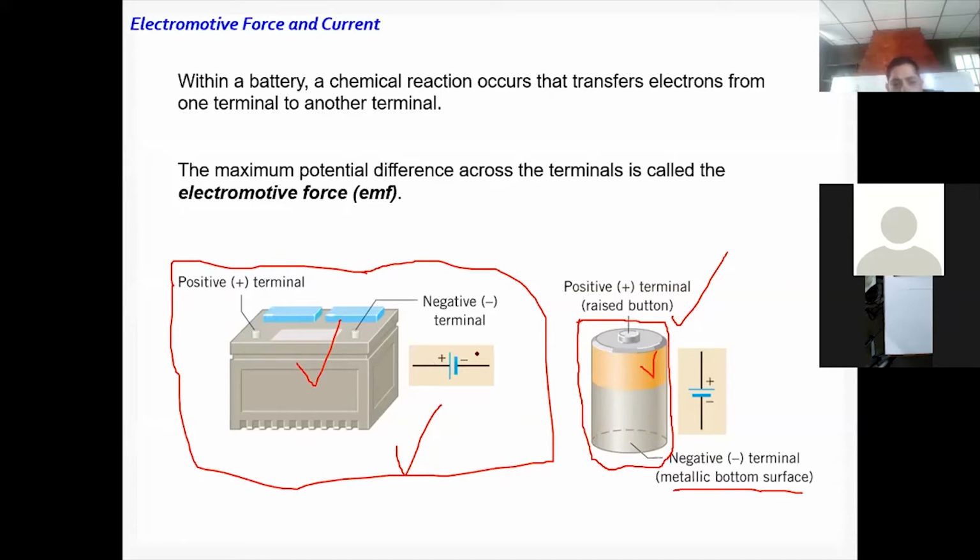That's why you simply replace this guy by plus minus like this. Instead of drawing this whole thing, you simply indicate plus and minus. You have two lines, one the bigger, which is plus, and the other one is a smaller line, which is minus, okay? So this is always the case. The longer line is plus and the shorter line is minus. Similarly, instead of drawing this kind of battery, you just have plus and minus, okay?